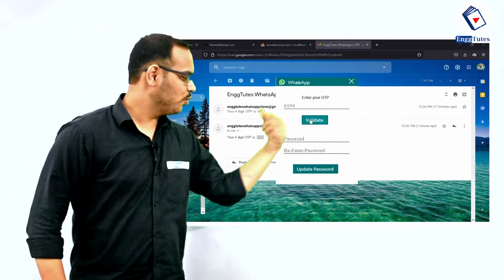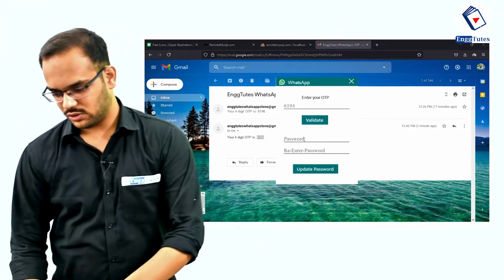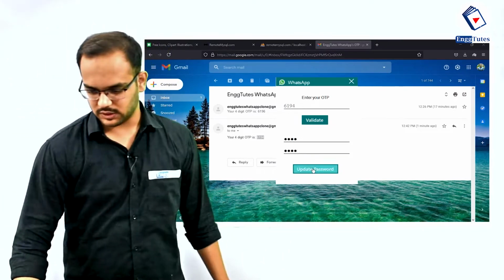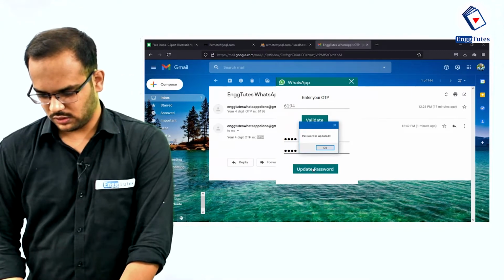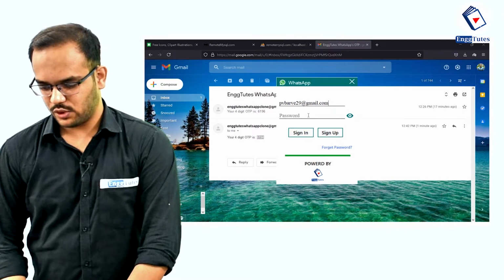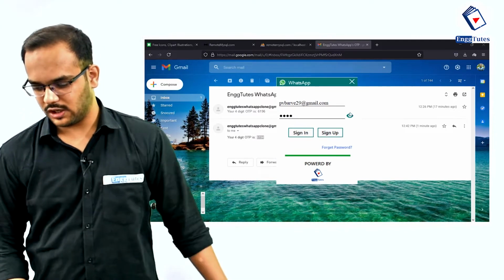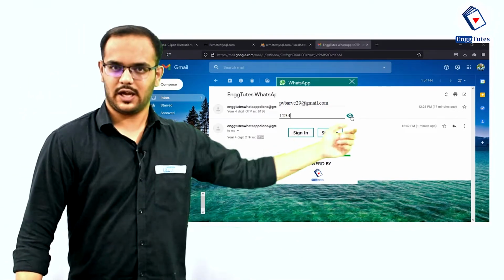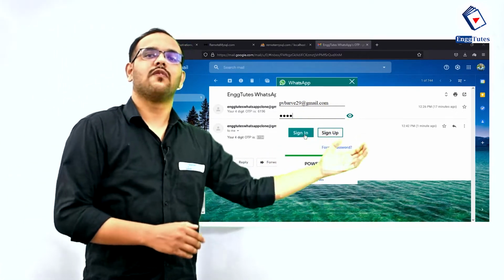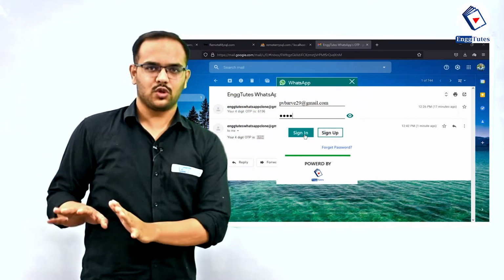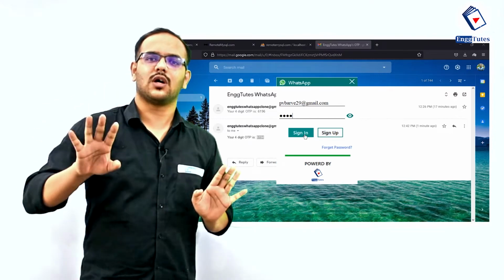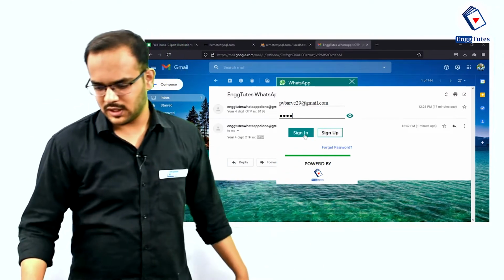After pressing validate, you can now enter a new password. So let's add the same password and update password. Okay, the password is updated. Now you can sign in with that particular password. Here you can see the icon over here, and after sign in for this particular module, it will open the WhatsApp page. But for our project, for the time being, we just need to display the message box that you are successfully signed in. So don't be overwhelmed.